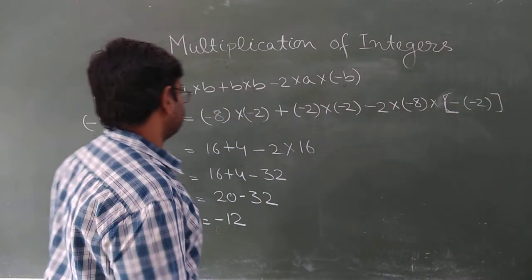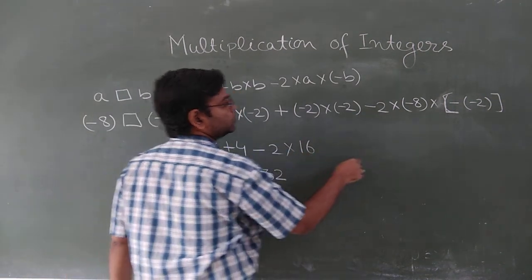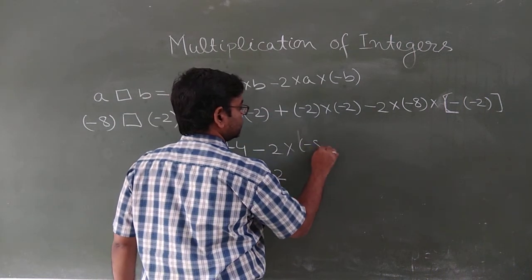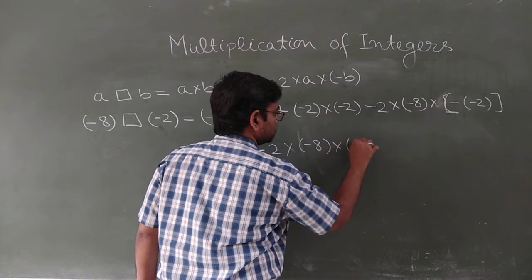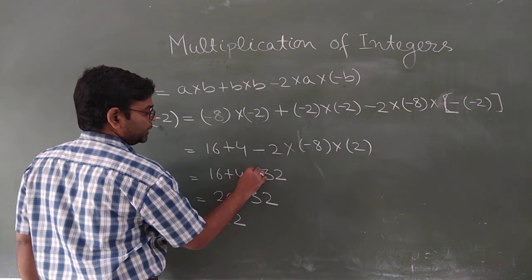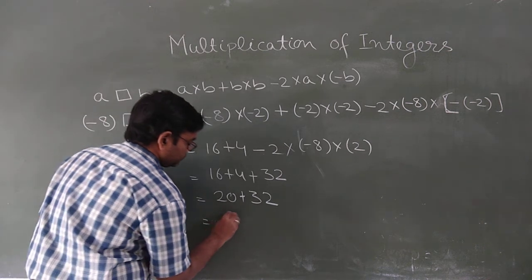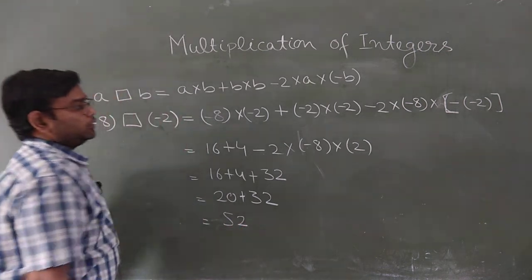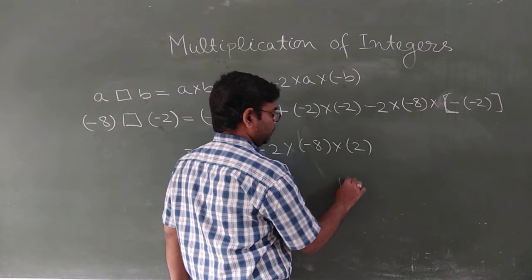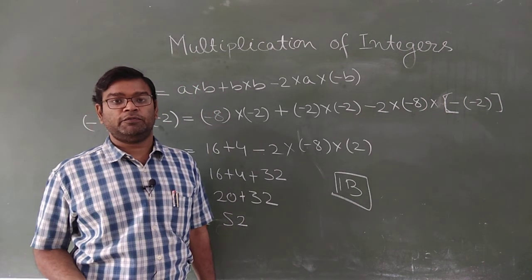Now we can easily say all things are clear. Now it's minus 2 into, here we can say it's minus 8 into minus minus 2. Now see, minus minus it's a plus. Now our answer is plus 52. Hope this one is clear to you. All of you complete exercise 1B in your fair copy. Now I think you can easily complete. That's all for today. Thank you.